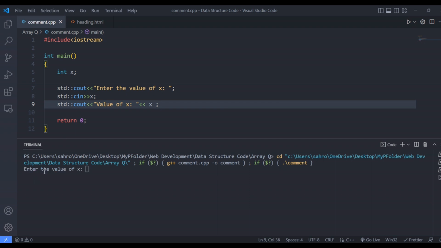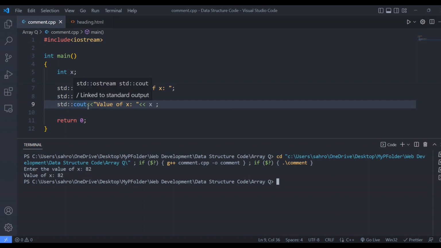So in the first line it is asking "enter the value of x". So now let's say I enter the value 82 and I hit enter, and as soon as I hit enter, it moves to the next line and executes the cout statement, which is the value of x, and it has taken the value of x that I have given as input, and the value of x is 82. So this is how we take input using